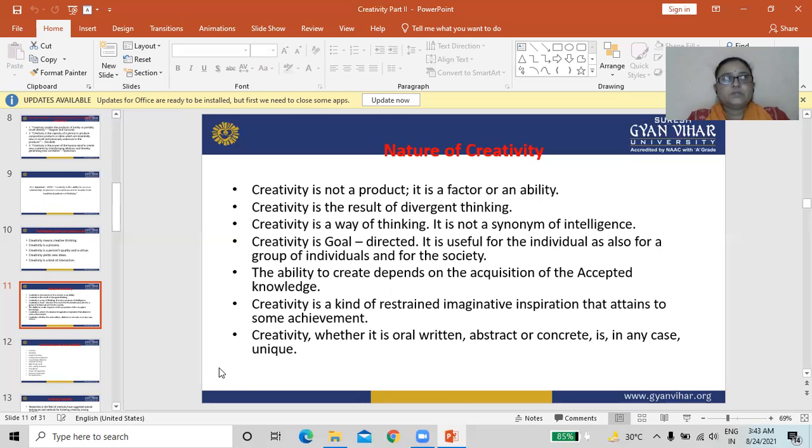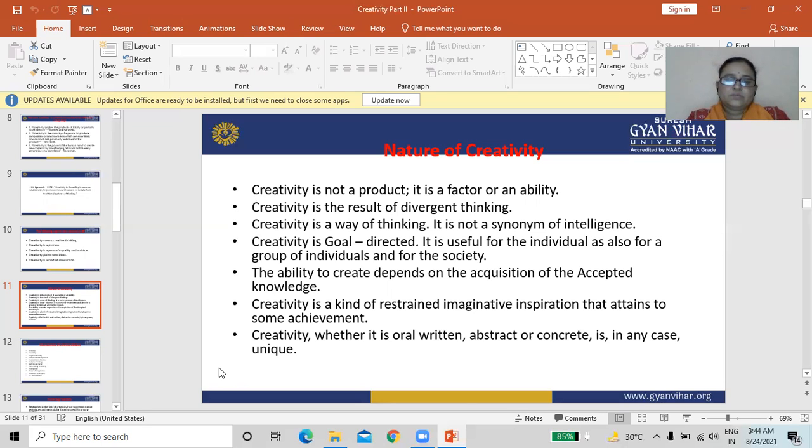Creativity is a kind of restrained imaginative inspiration that attains some achievement.